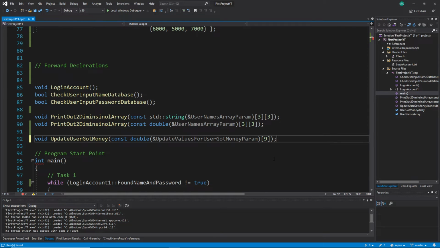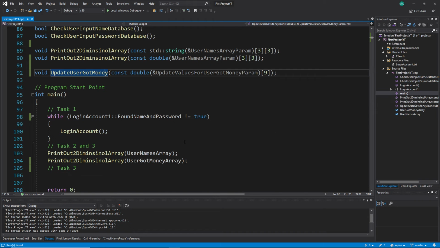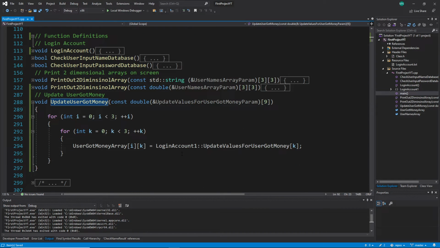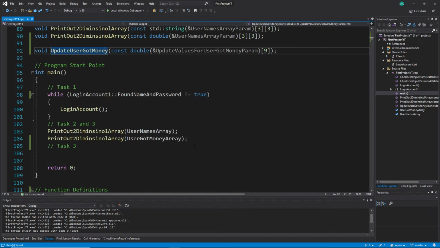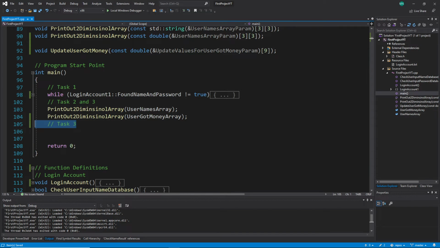All right, so here I made now a forward declaration, which means the compiler knows this kind of function exists. And then what I have to do now is one more thing. Of course, I have to call it. I go into my main, and you can see I have task 1 finished. After this one, I go to the next thing. You should print out the arrays. Then I go to the next thing, and you should now use, let's paste this one as well here,